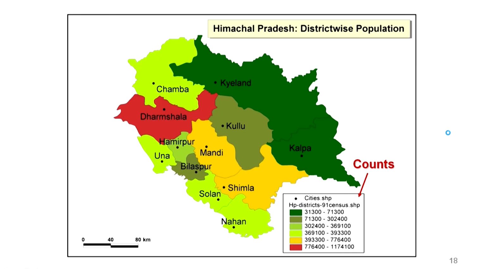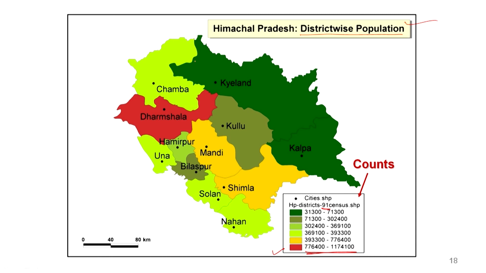Now I am taking another example from Himachal Pradesh, based on the census data, and this is district-wise population. As you can see, it is displayed here in the title of the map: the total number of people as per the 1991 census in each district. Each colored district falls in this range, so you know the total number in the different districts as well.